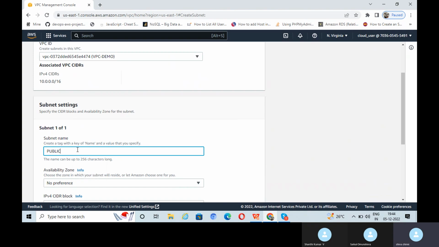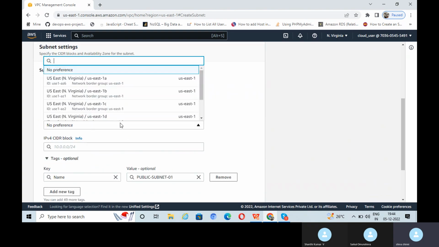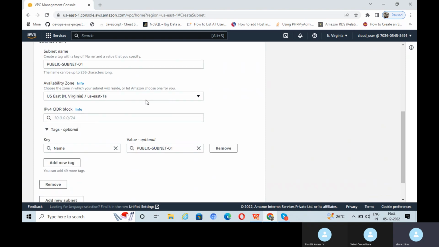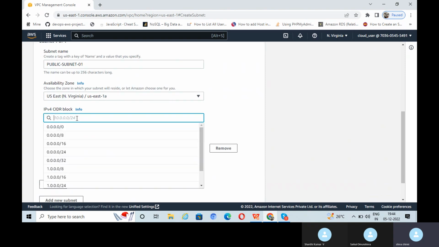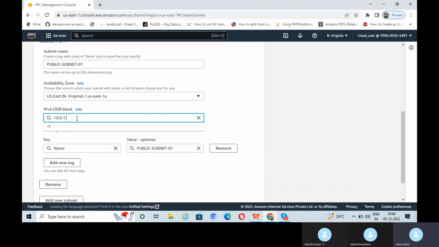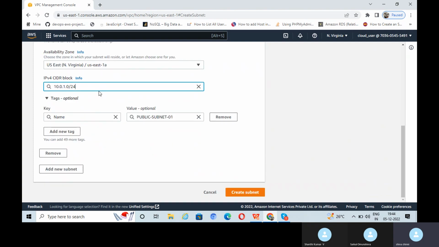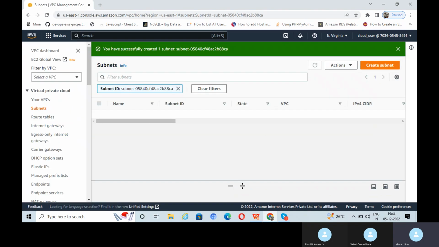Public. So select your availability zone, whichever you want. Select this US East 1A. And you need to mention this CIDR block range 10.0.1.0/24. It's my divided network. So click on create subnet. So this is my public subnet,